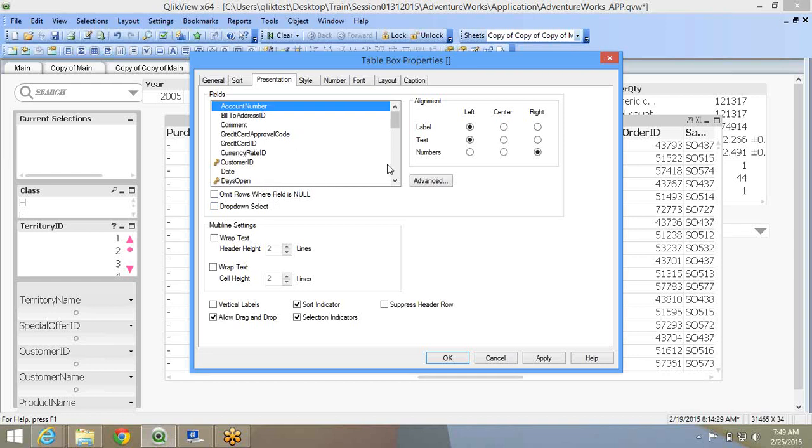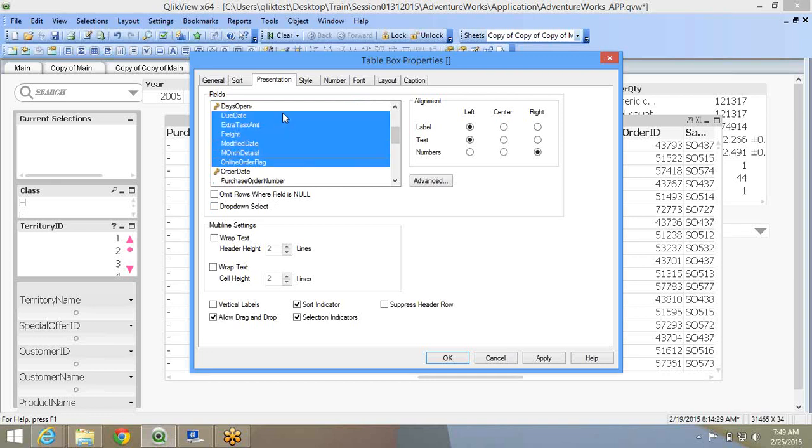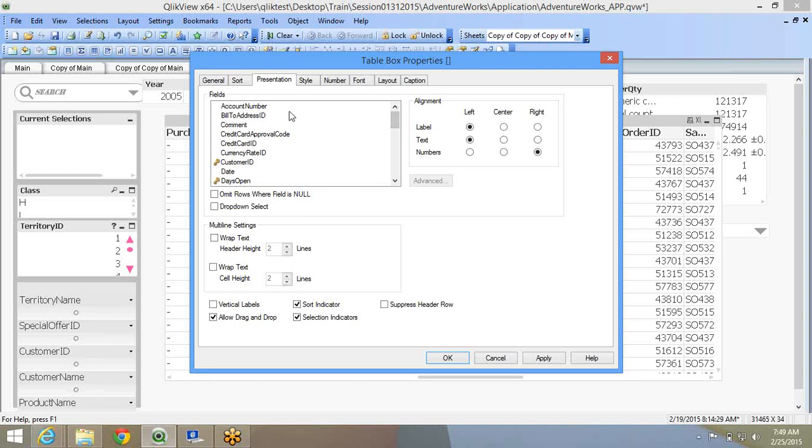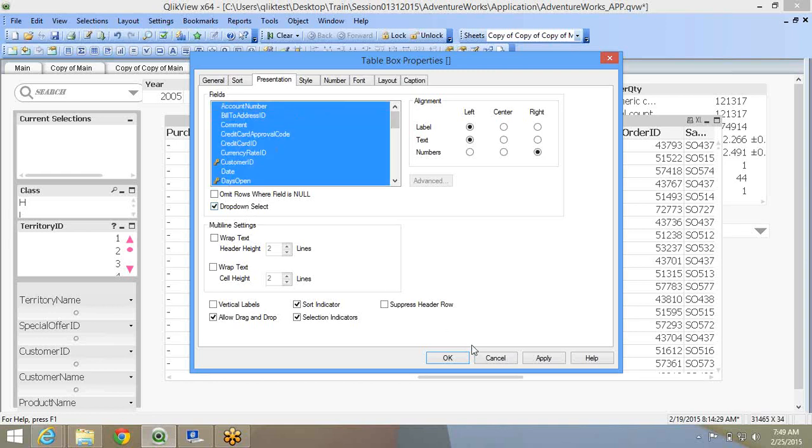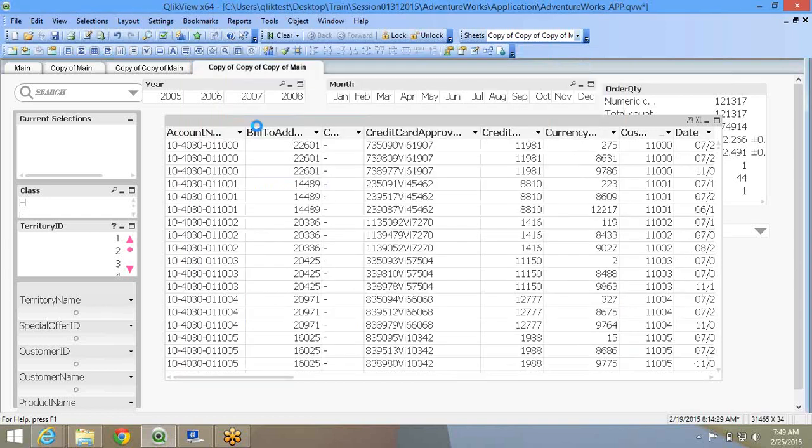Now the most interesting part, a lot of users say that this is the most interesting part, is drop down select. So enable drop down select. If you just select multiple fields and enable it, it will get enabled for all the fields you have selected. Now once you have done it, the user gets a drop down for every field. So he does not have to go to a particular selection box, search for it and do it. He can just use this drop down and make the selection.